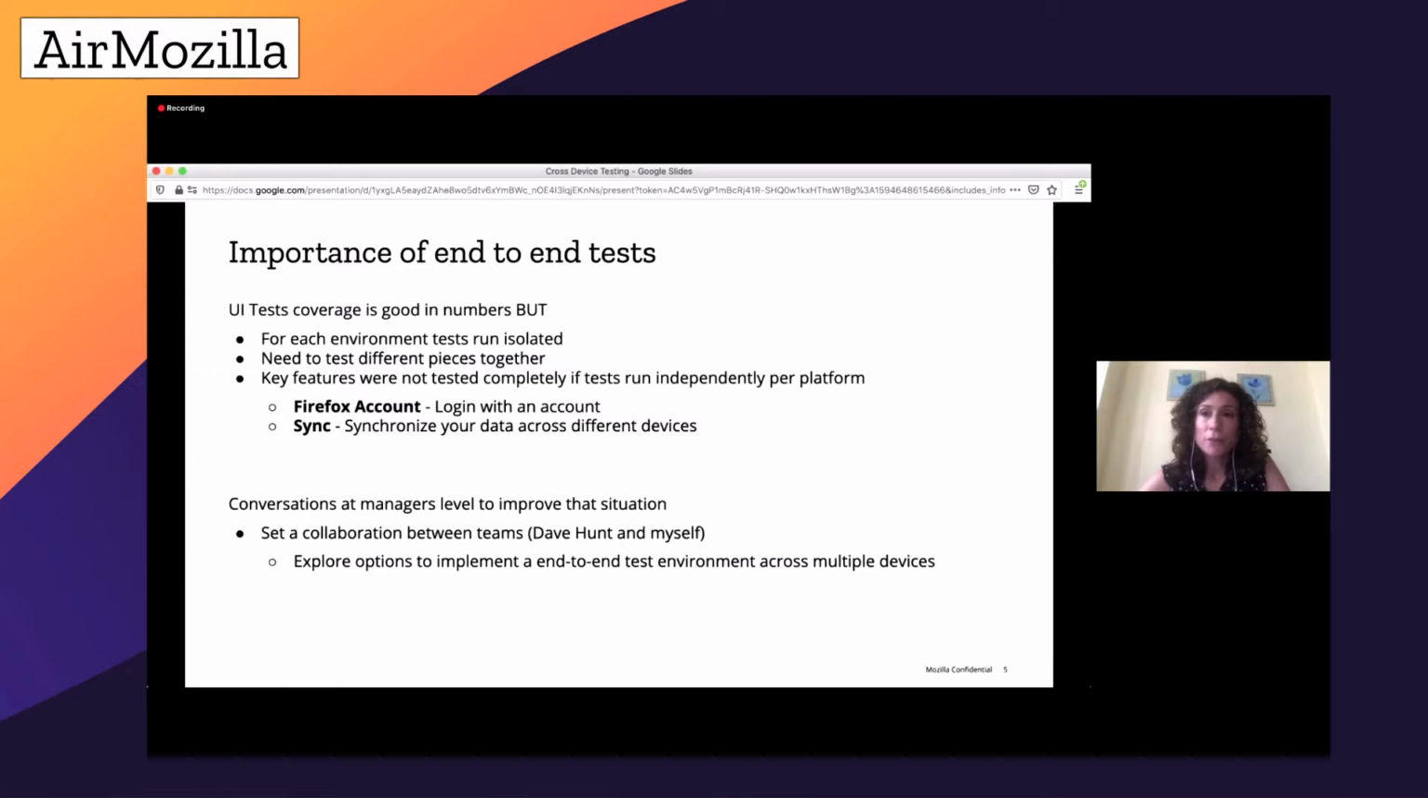But even though the coverage we have for UI automated tests is good, this is not enough. Our tests are running isolated per platform: Android test, iOS test, and desktop test. There are key features for us that are not being tested from an end-to-end point of view between devices, like